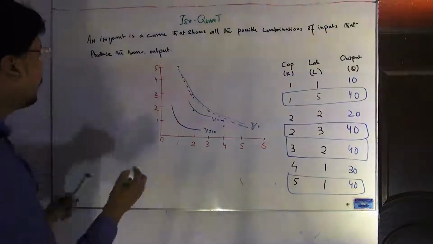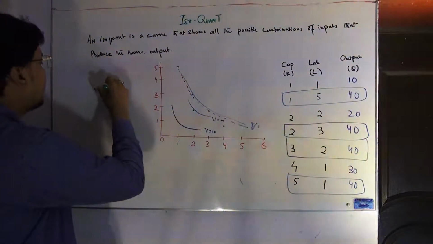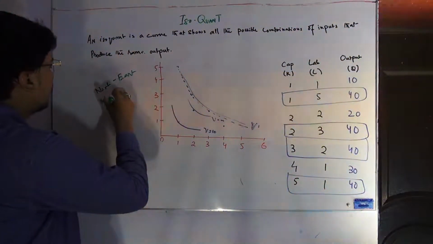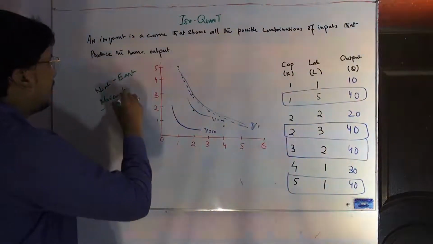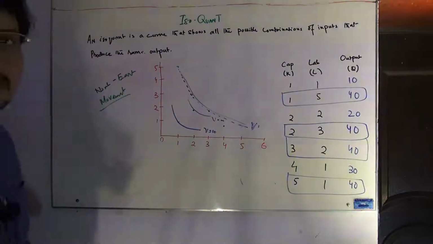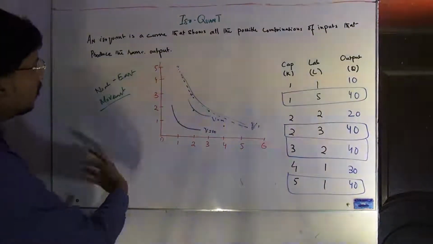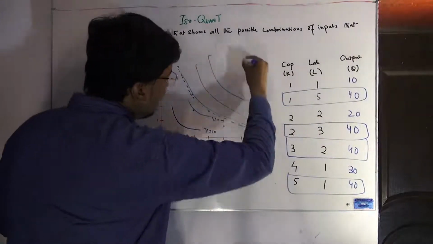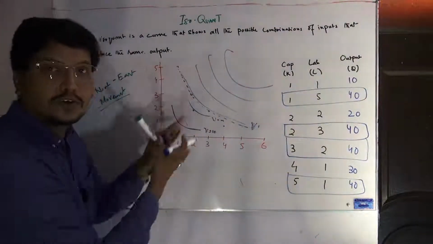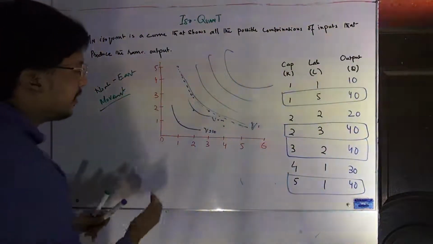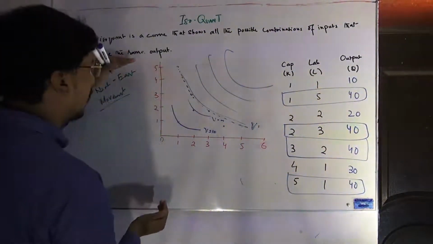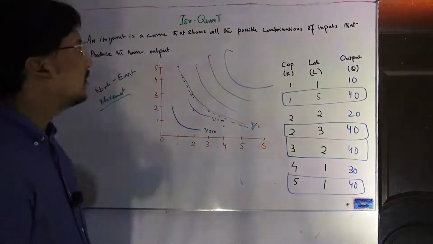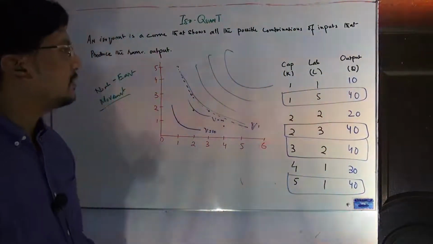So the isoquant map, what is the isoquant map? Basically it is the north-east movement that is called the isoquant map. So if someone asks what the isoquant map is, basically it is a north-east movement, and if we plot these things, this is basically the isoquant. If we increase the labor and increase the output, we will get new isoquants. So I hope that this is the definition and this is the concept, a graphical representation of the isoquant.